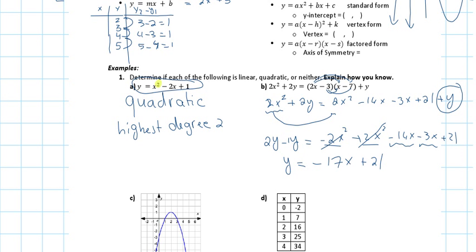And I know this is linear because the exponent that I have on the x is 1, right? So this is using basically your knowledge of algebra to